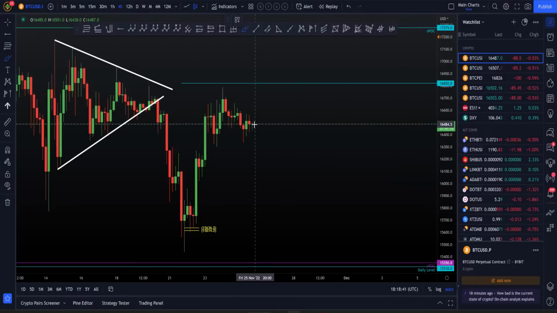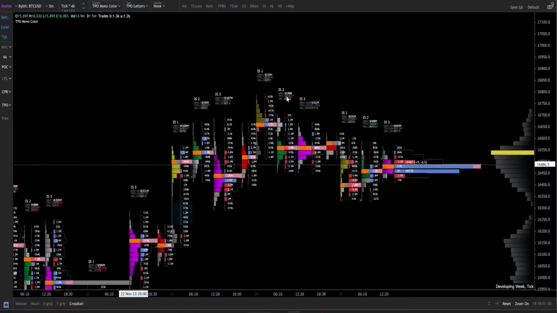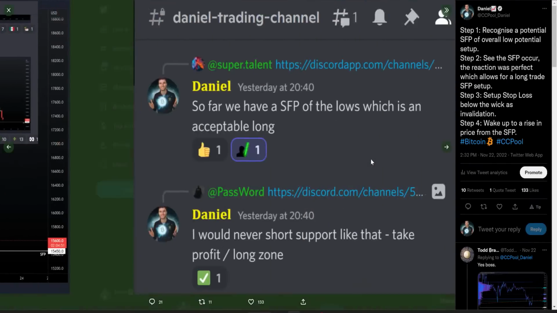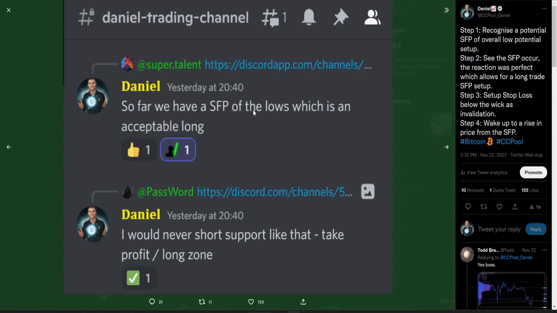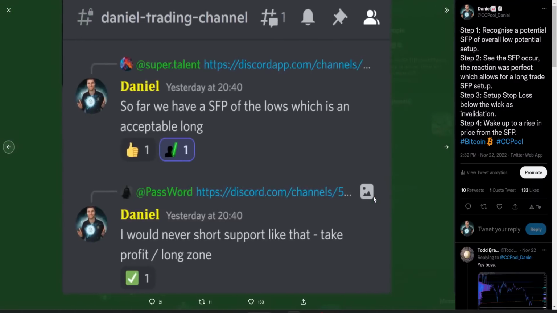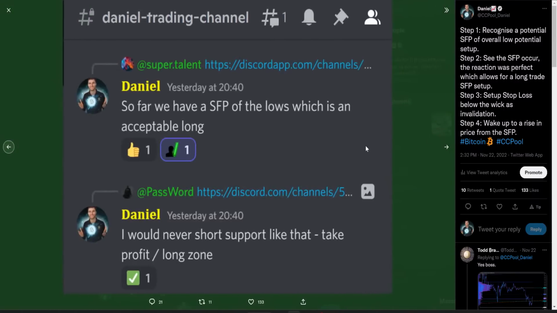I do not need to know the outcome of this. I do not need to know if we go up or down next. All I need to know is the next level that I would look to long and the next level I would look to short. Then once price hits that level, I check the reaction, I check the order flow, and I make an informed decision: do I want to long this, or do I not? Just like when we hit that swing failure pattern, I saw this was a good long. I made the informed decision that this is an acceptable long trade, and never to short down here. And what happened next? We started to get the bounce, about one day later.